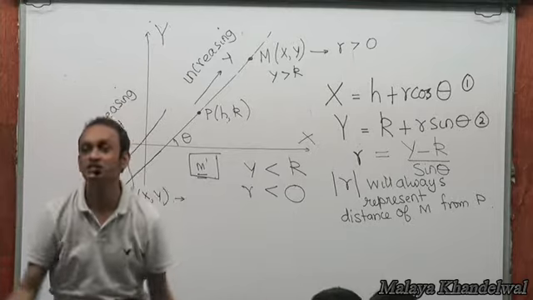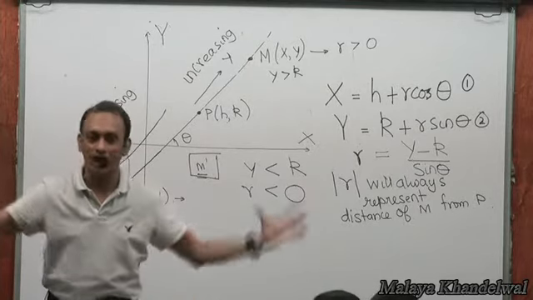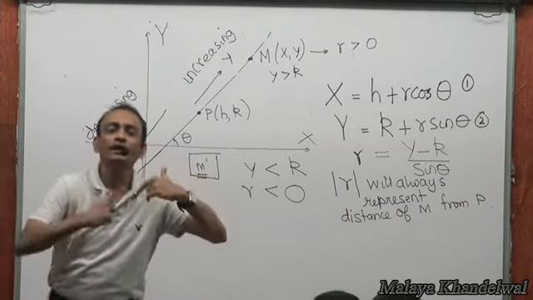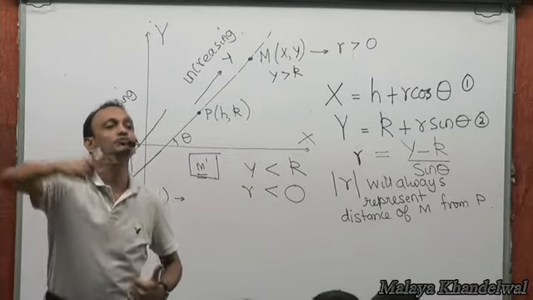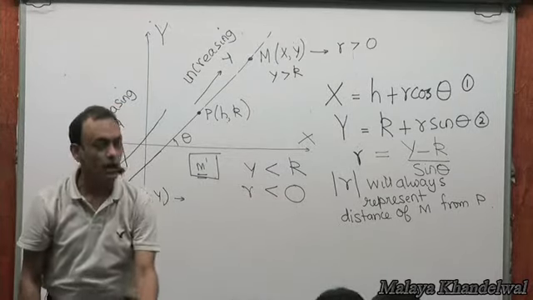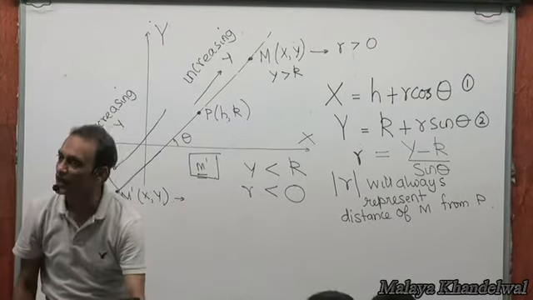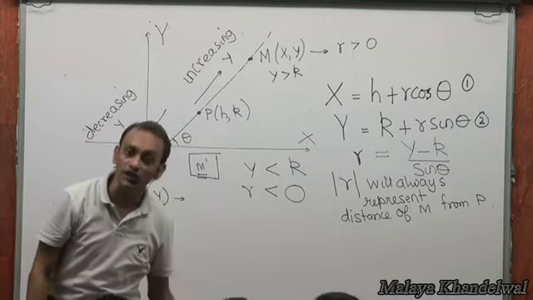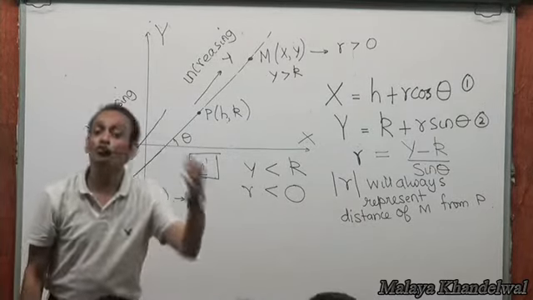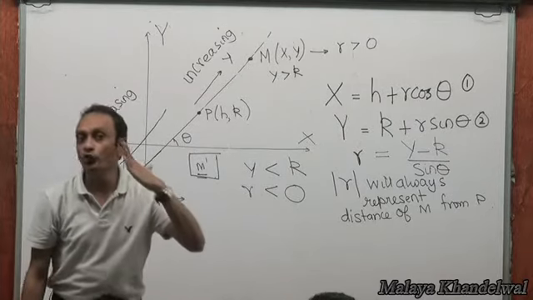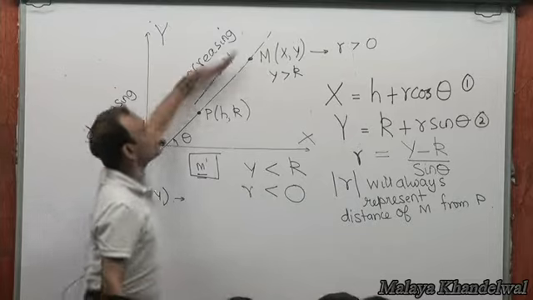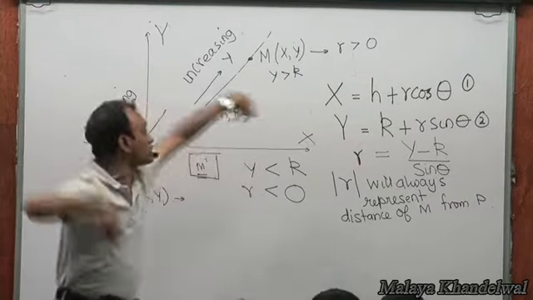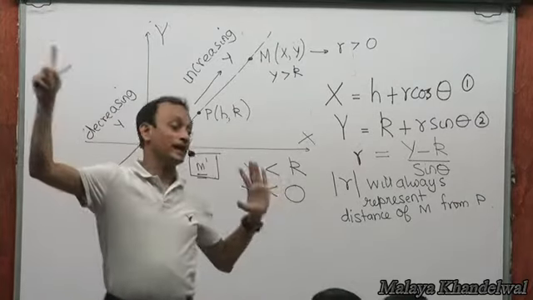That's the duality and the versatility of this agent or parameter r. With every point on a line, given a fixed point P, given the slope of the line, the r of every point can be uniquely and comprehensively obtained. And I repeat, r is algebraic in character, positive for all points on one side of P, negative for points on the other side of P. P is a reference point. For P, r will become 0. If you move with respect to P in the direction of increasing y, r's will be positive for such points. If you move with respect to P in the direction of decreasing y, the r's would be negative.